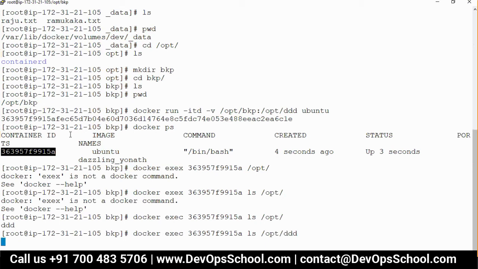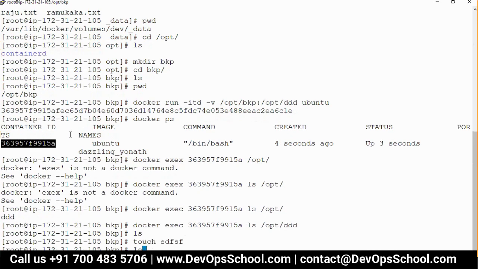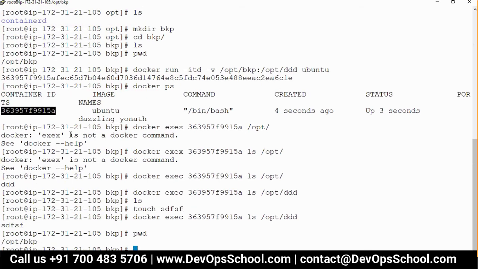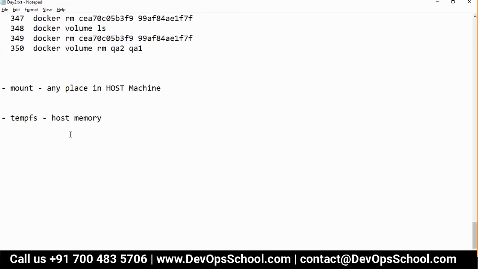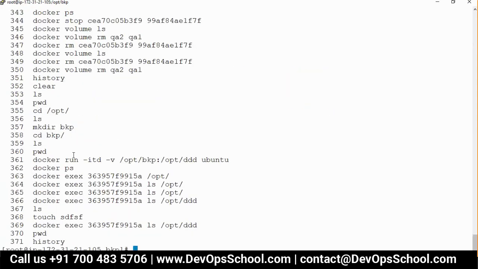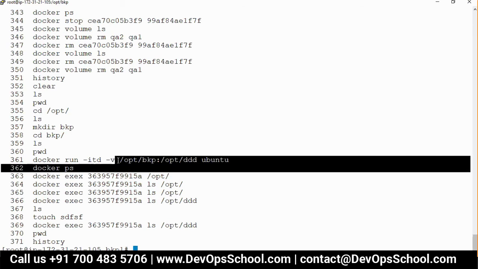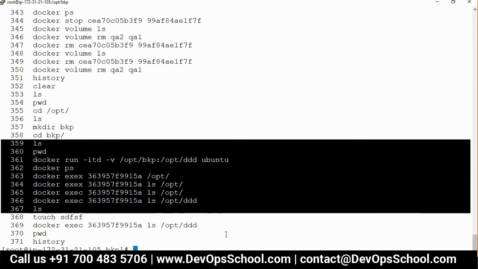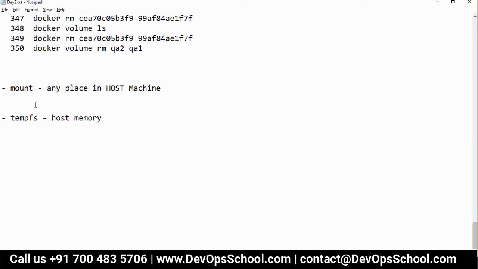ddd is there. So now any files I copy inside that, let's say I touch some files, you see here, you can see over there. Any file you create over there, you can see it here. So yes, you can store files not only in the volumes, but in the mounts also, and the same command will be used for mounting at the host machine also. Same command. This is the external host path, and this is the path internal to the container. So this is the way you can do the mount.